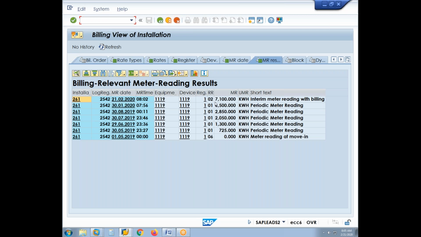Okay. Now I didn't do reversal here because we are going to see the reversal separately, how to do reversals for the invoice, billing and metering. Okay. So you have seen the option of billing aperiodic. Interim metering is also called aperiodic. It's not as per the schedule date. We can do it at any given point of time, but we have to maintain the backward integration with